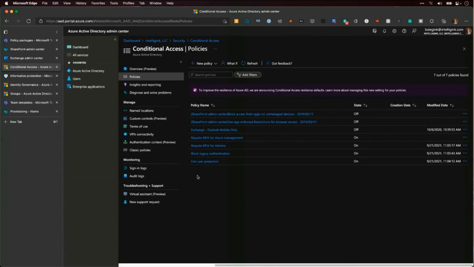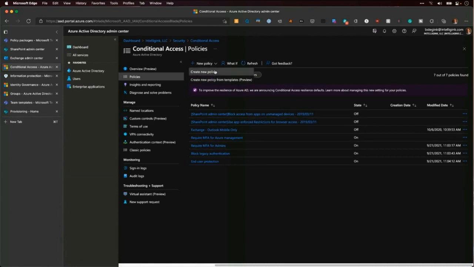In here, this is where you can really start refining what services people are allowed to access, what apps people are allowed to access, where they can access them from. More and more, most of the clients I talk to end up wanting some form of this or some version of this. Whether or not Microsoft should charge you extra to get this feature or not, we're not going to get into that today, but this is one of my all-time favorite policies that you can use in Microsoft 365.